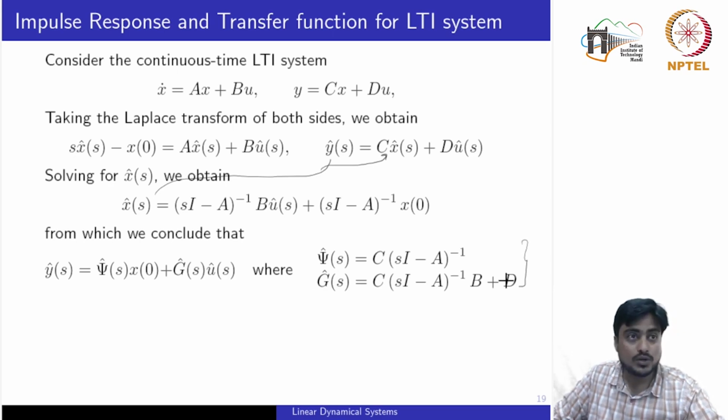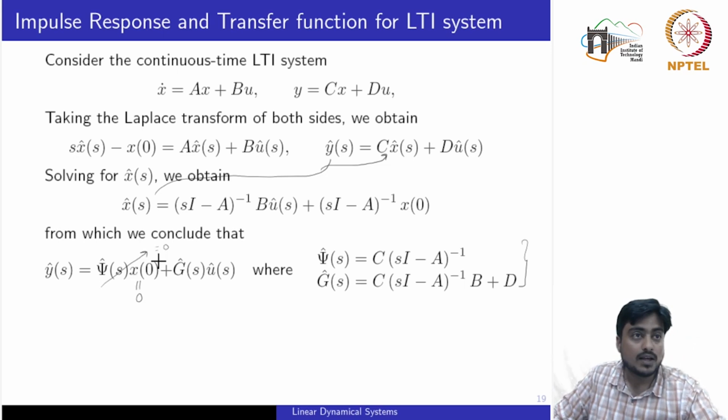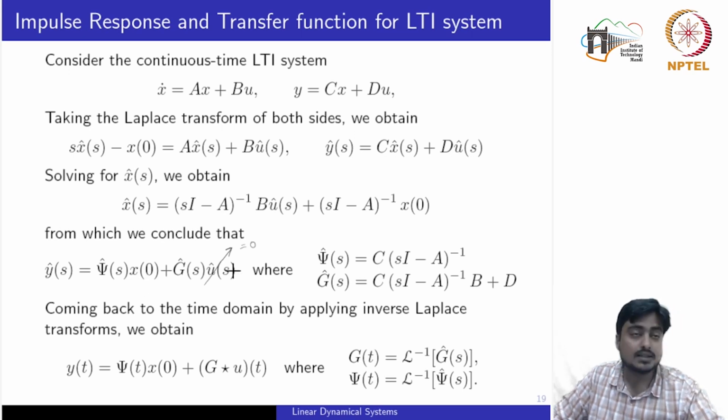So the interesting point to note here is that if we have x of 0 equal to 0, this part would be equal to 0, and we obtain the same equation that we had obtained earlier, before introducing the state space representation. Now, if we have u hat of s equal to 0, which implies the zero input response, then the only response is because of the initial condition x naught. So basically it is a linear combination of the responses due to the initial condition plus the input to the